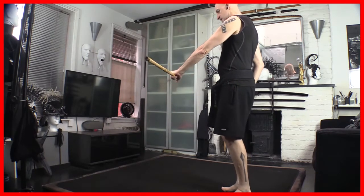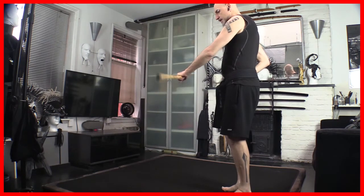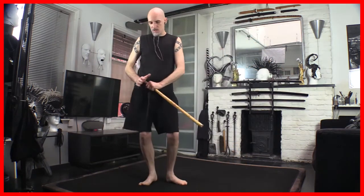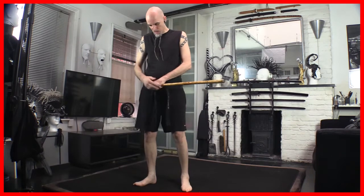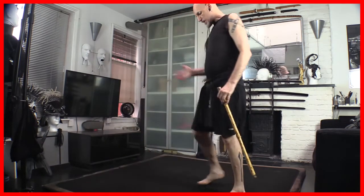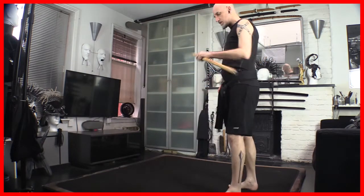So you try and hold the stick where it was, hold your hand where it was, and in reality, when you're pushing it out and down, you're already starting to chase your own hand. But you need to get past the hand with your hip, so you need to get it closer to your obi knot, get that hip past it. The other hand is going to come onto your hip. So the good way to practice this is